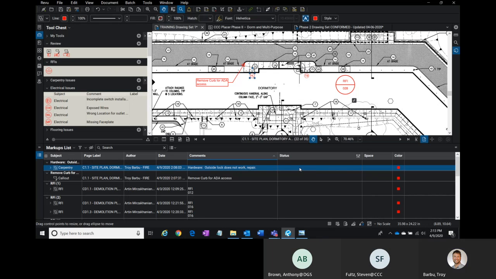So one other thing as part of this markups list is this status bar right here. The status bar is what allows us to have communication back and forth within this drawing set, right? So everyone, click on one of your markups, come to the location in the markup, and then click right in this location in the status. Again, don't click up here, don't double click here, double click right here. And when you do, you should see